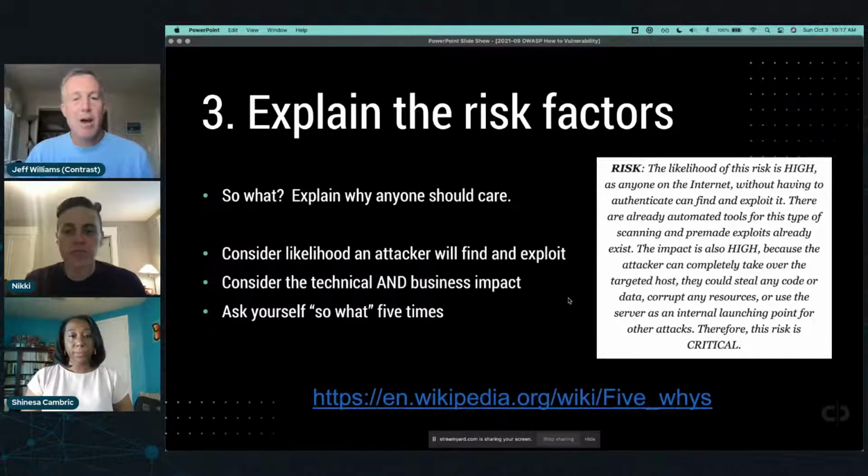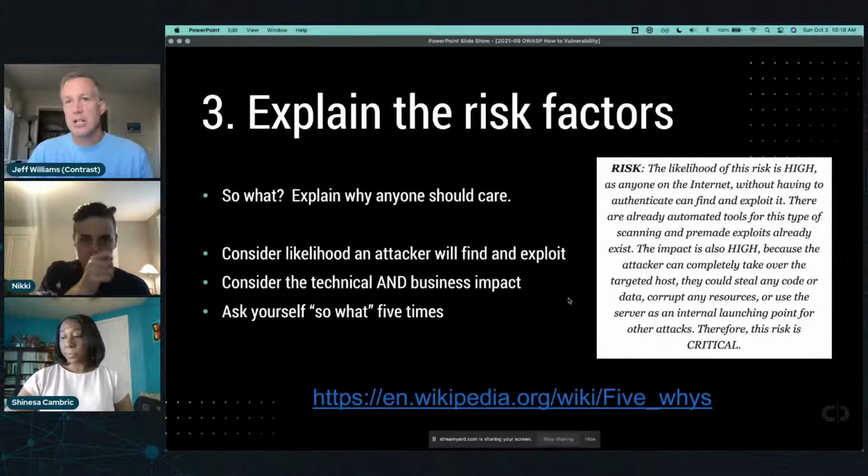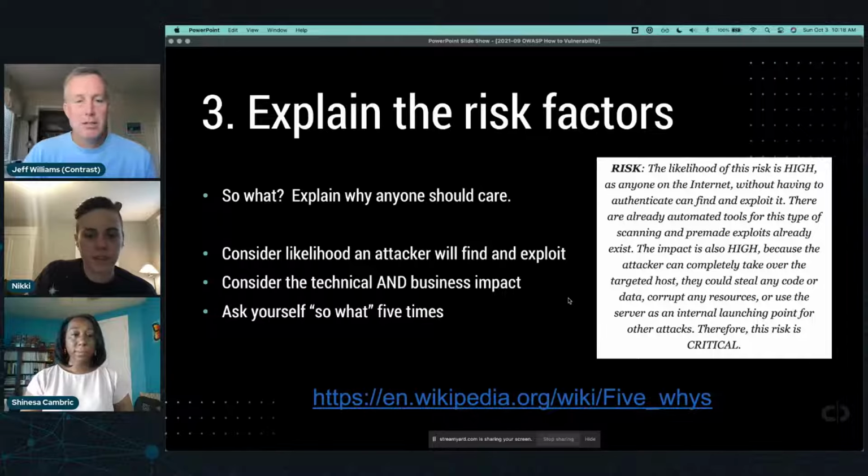There are details on how to think about understanding both the likelihood that an attacker will find and exploit this vulnerability, and the technical and business aspects of thinking about all the possible impacts of this attack. And there can be many, by the way. There's not always just one impact. If someone breaks in, and maybe it's an expression language injection flaw like the one that Atlassian just had in Confluence,